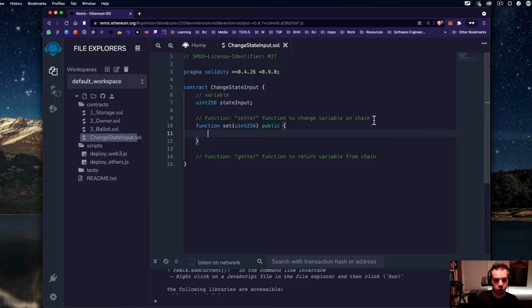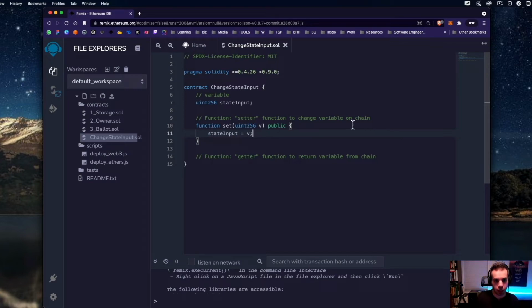So really, we're setting a variable, but what's the variable we're going to set? In terms of the state input, we're going to have this called above, and we're going to make this equal to v. So when we set the uint256 with v, the state input is v.